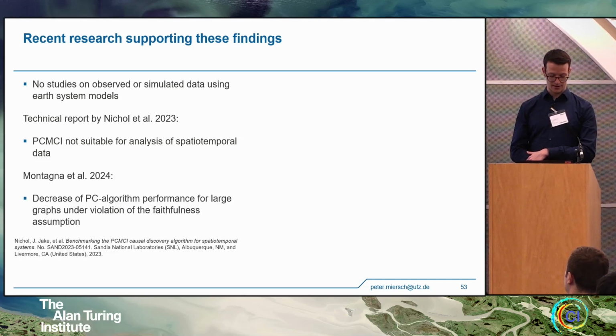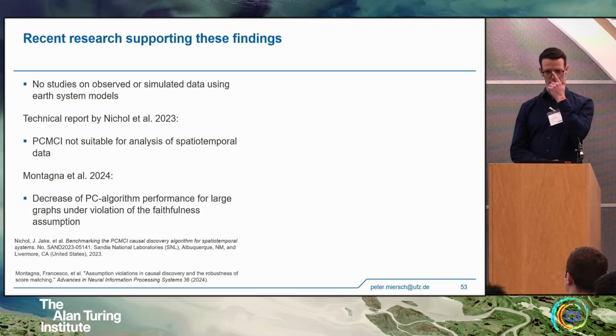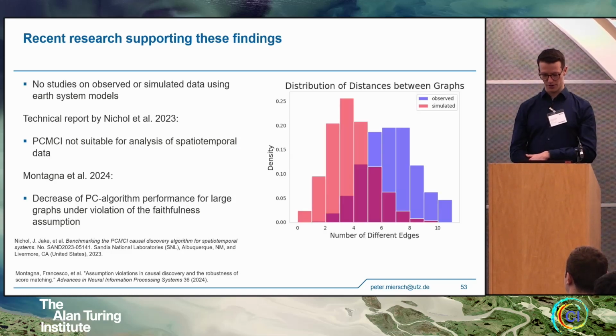And in another paper from 2024, we find a decrease of PCMCI performance for larger graphs under violation of the faithfulness assumption. And before I go to my conclusions, I want to show one positive note on this. So what you see here is